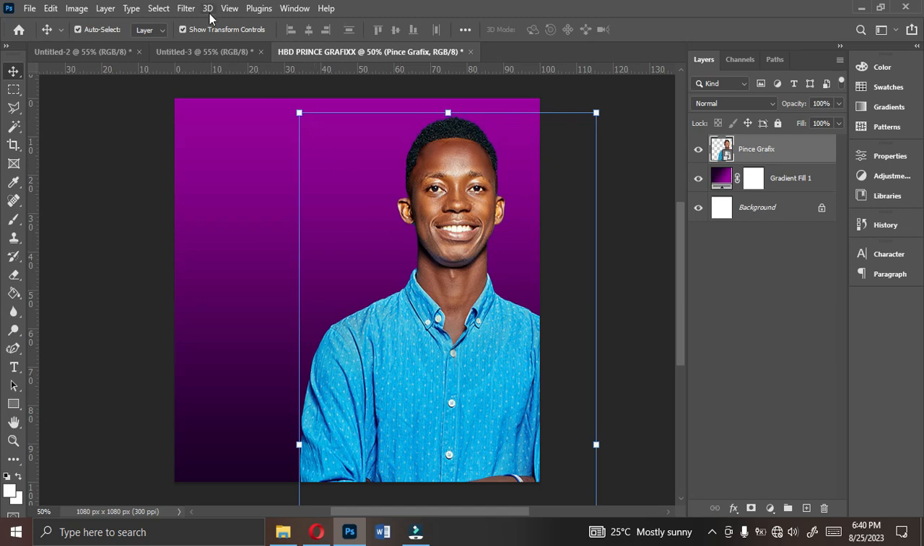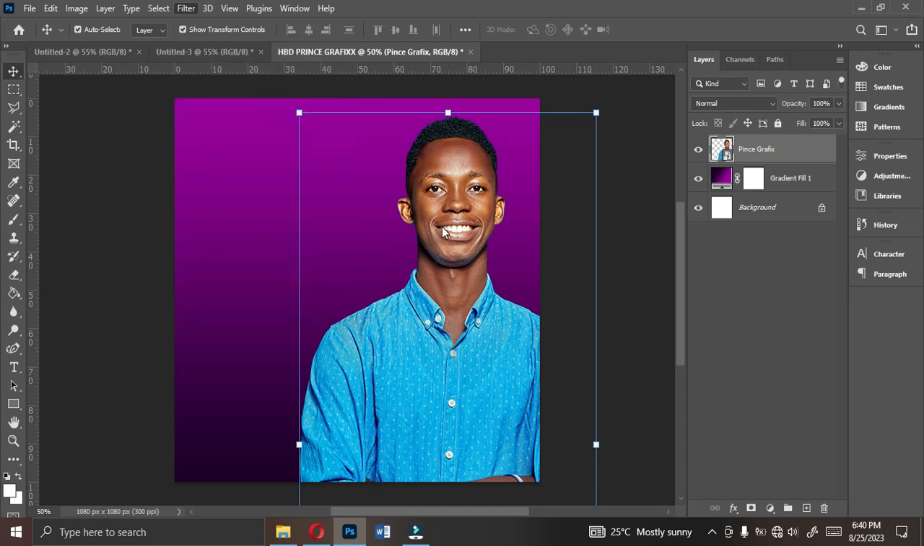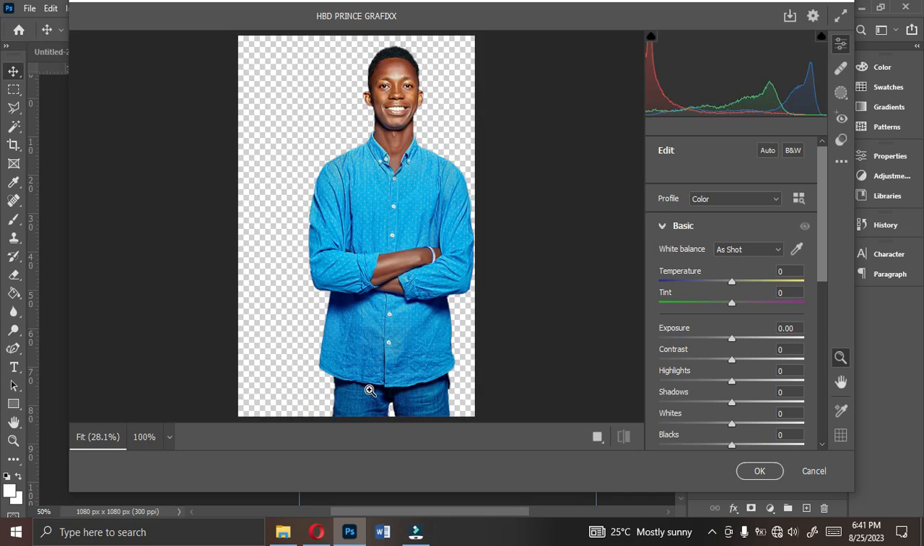So go to Filter and go to Camera Raw Filter. Click on Camera Raw Filter and your Camera Raw is going to open for you. So this is our Camera Raw. Please take your time. At times Camera Raw takes a little bit of time. If you want, you can adjust exposure and contrast, but I'm going to give you the settings,